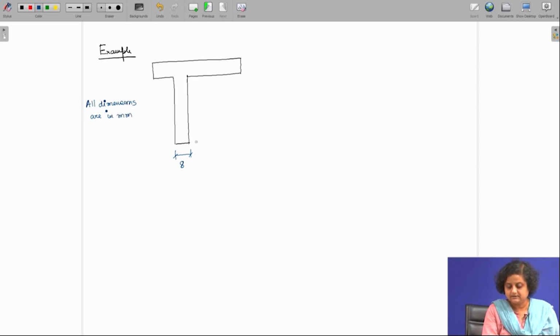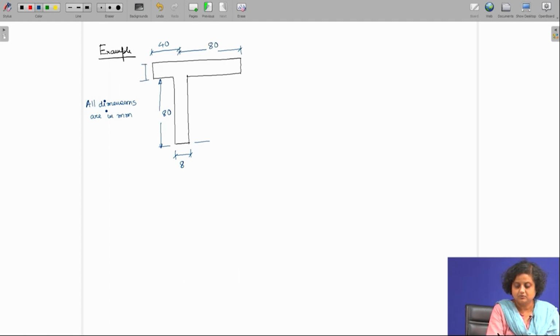So, this is 8, this is 80, this is 40 and this is 80. This thickness is also 8. Now, to this cross section, so this is the cross section of a beam, it is said that a